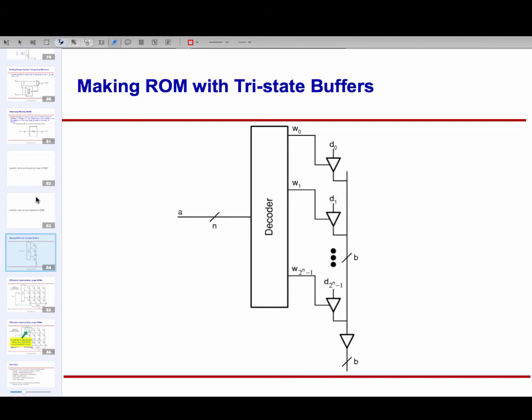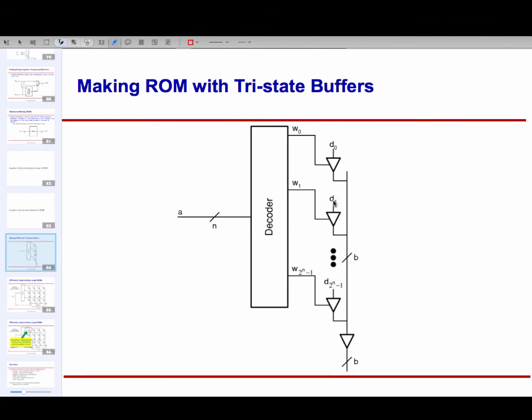So it tells me which slot I want to access. Exactly one of these wires is going to have a high value. If A had the value i, then the ith wire would have a high value, basically saying unlock the ith location. In our case, we are going to use our friend the tri-state buffers. So we are going to enable the ith tri-state buffer, and the input to that tri-state buffer is the value that I'm interested in. If I need 32 bits, I'm going to have 32 of these in parallel. In this case, I have B of these in parallel.